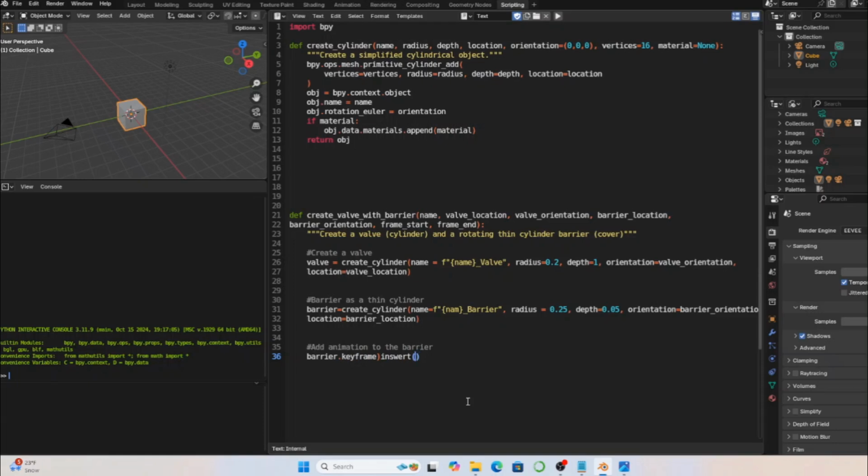So we're going to insert some keyframes for this barrier. Now we're going to write data path, rotation Euler, frame, which is frame start, final rotation, which is equal to list,